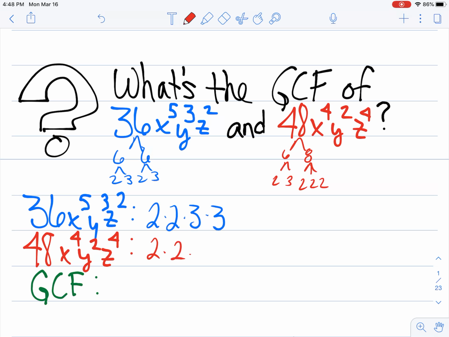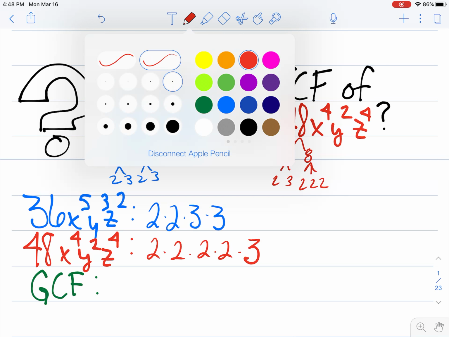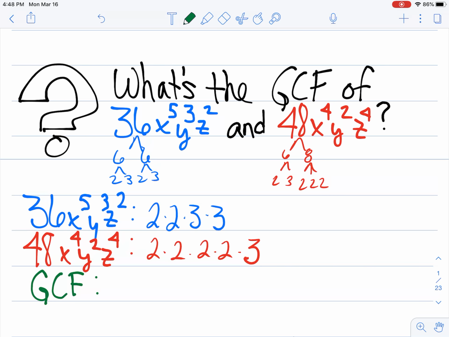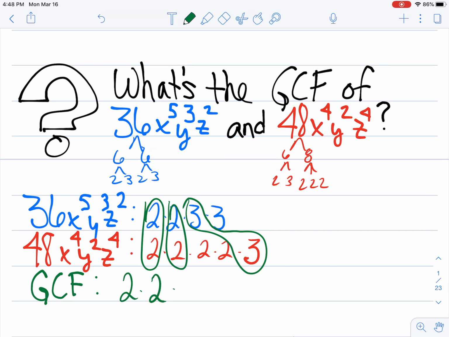So 2 times 2 times 2 times 2 times 3. Now, let's go ahead and circle these, because I have a little trick to show you how to do the variables in a minute. That's going to make it a lot easier. So we'll circle the 2's and another set of 2's and a set of 3's. So we're going to have 2 times 2 times 3. That equals